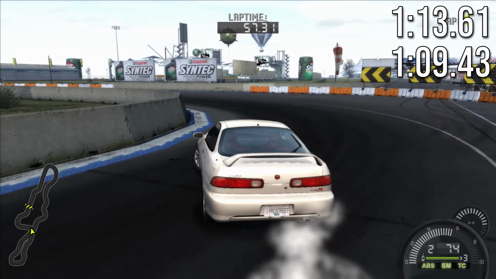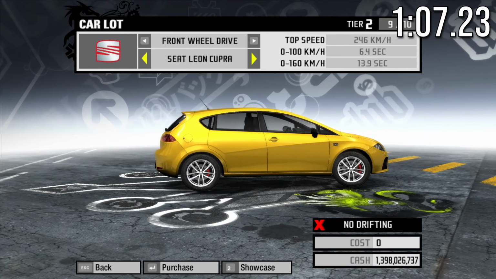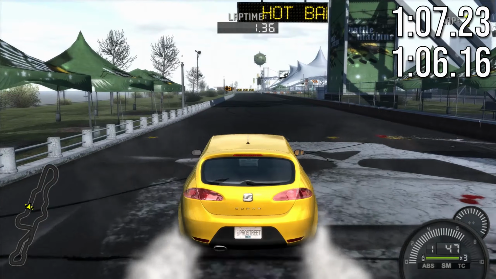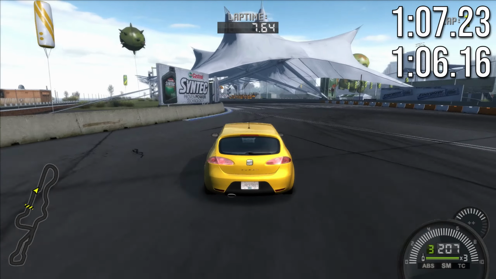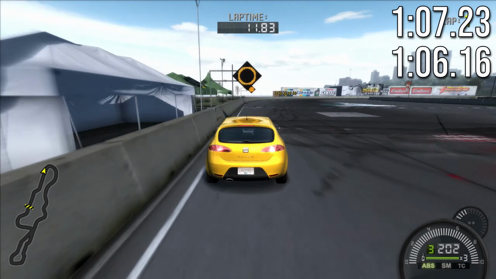I'm talking of course about the best front wheel drive car in the game, the Shadowplay Cupra, with the original time of a 1:7.23 and the new improved lap time of a 1:6.16. I absolutely adore this car. It handles beautifully, it has an amazing engine, it has an amazing sounding engine, it looks good, but it's a